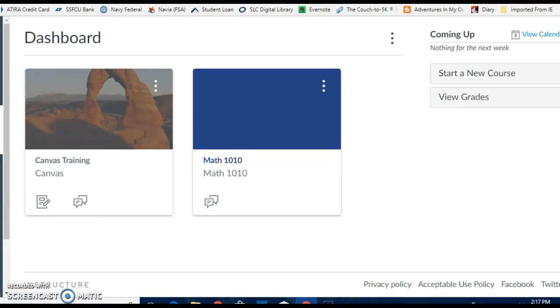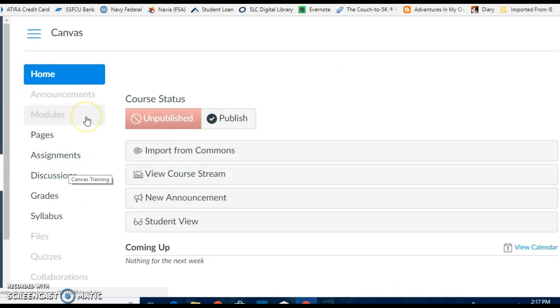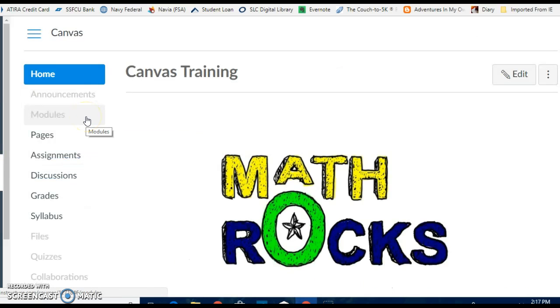Okay, as you open your Canvas account, you will be opening up to the dashboard where all the courses that you're currently in are available. On this particular page, we're going to look at the Canvas. Notice that here are the assignments that are available, and here are any of the discussions. I would recommend clicking on the class itself, and it will open you up to the Canvas